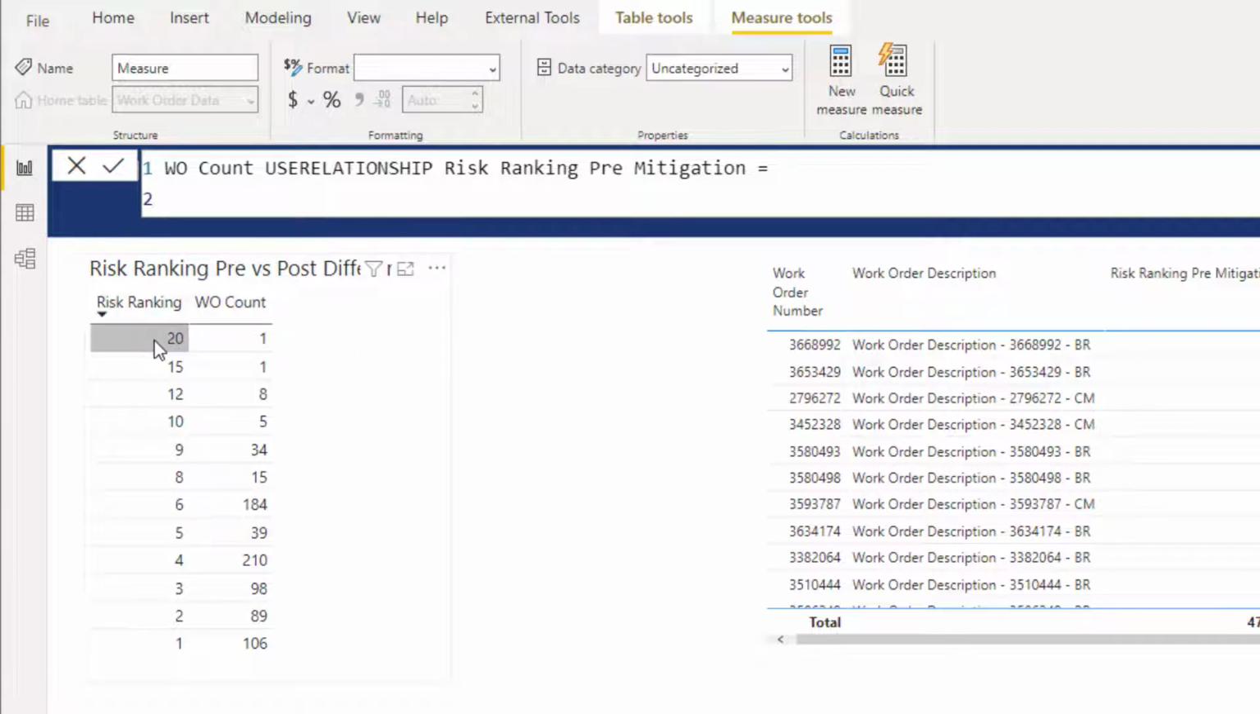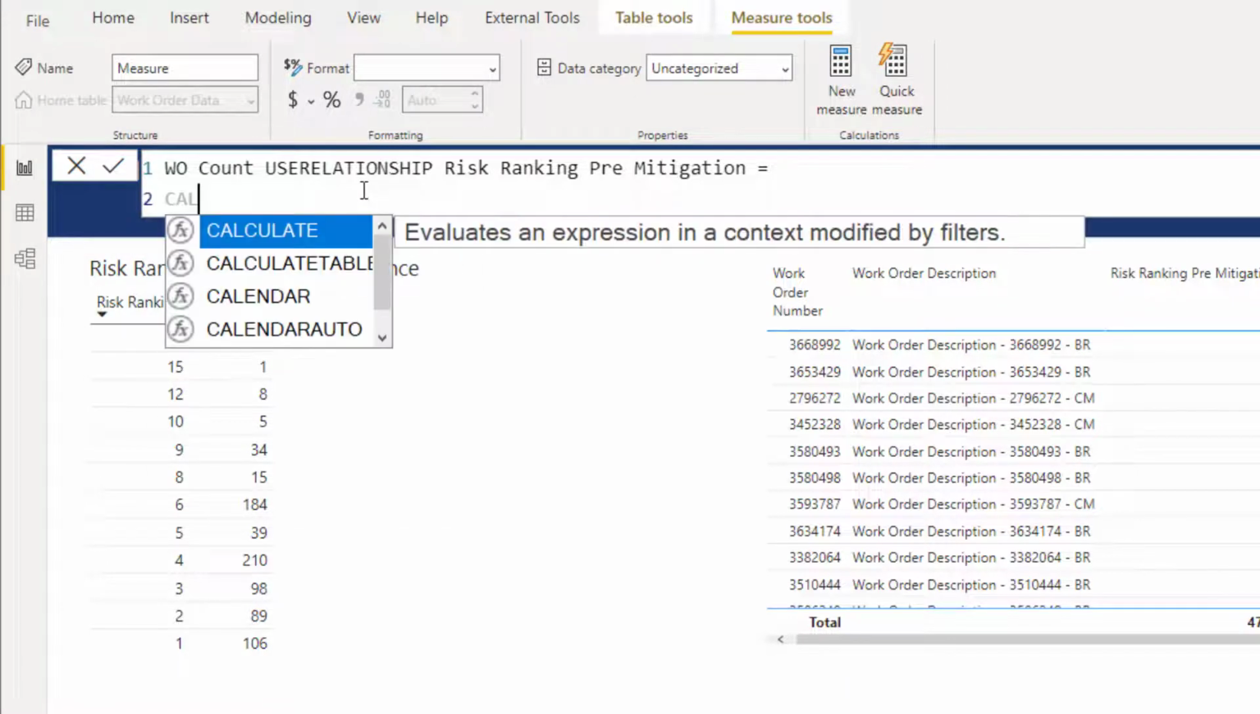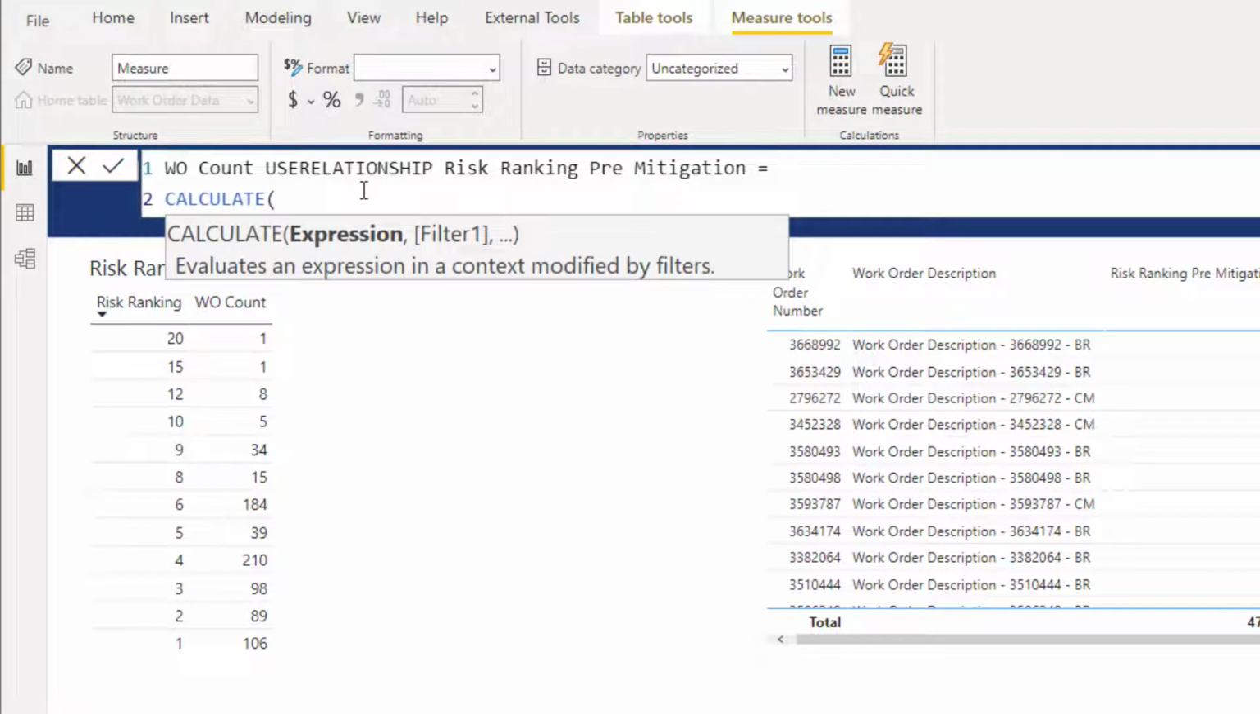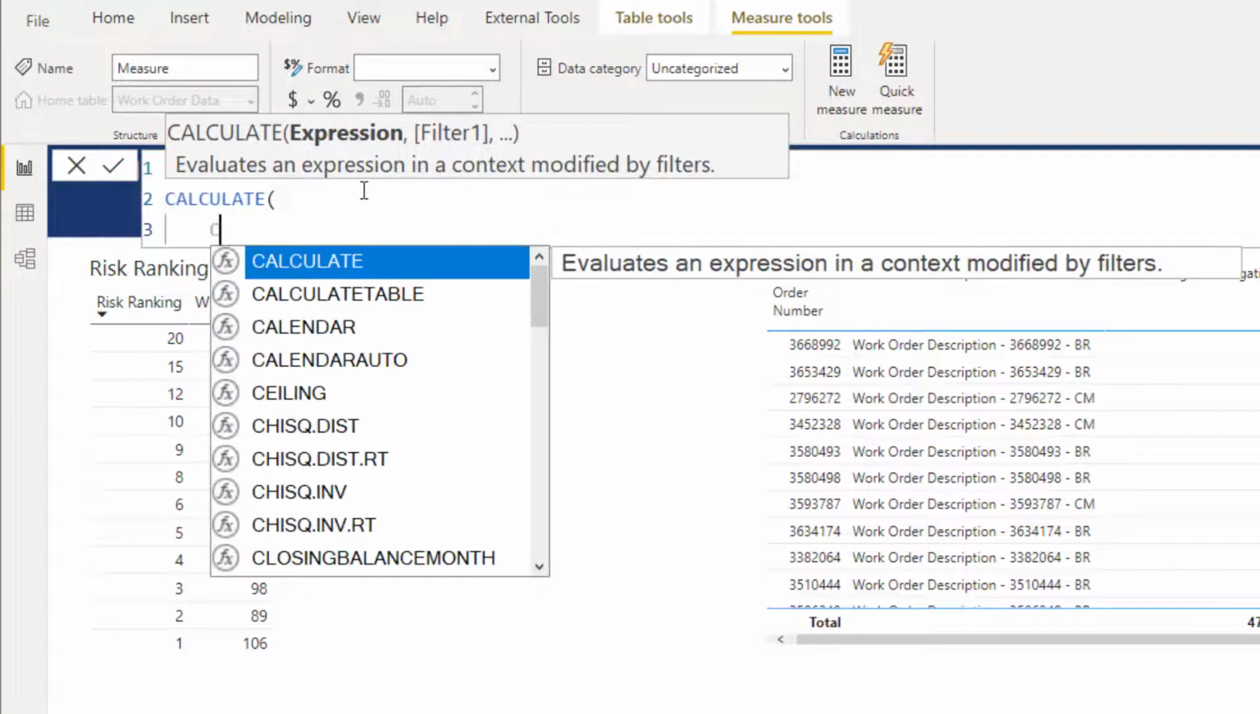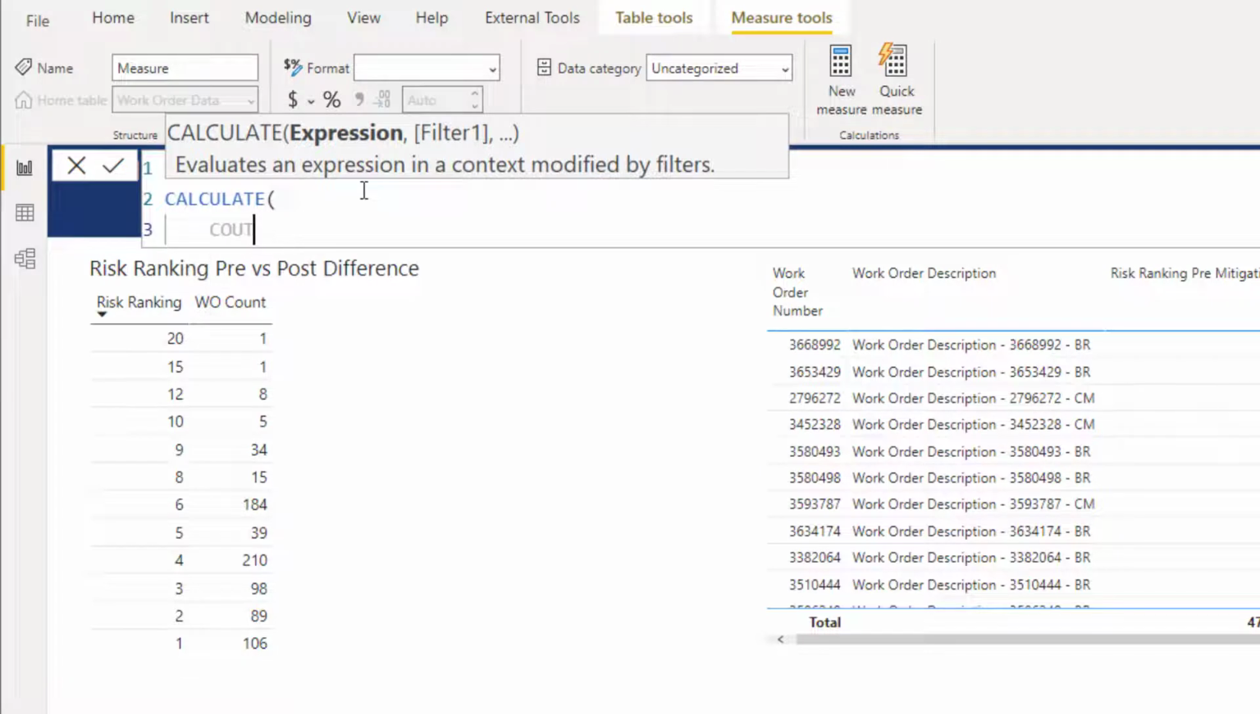So the default filter context is going to look at the default relationship between the two tables, which is based on the risk ranking post mitigation, but we're going to tell it to use a different relationship. So we need to use calculate. Now the expression we're going to use is to count the number of rows, so it's going to be exactly the same